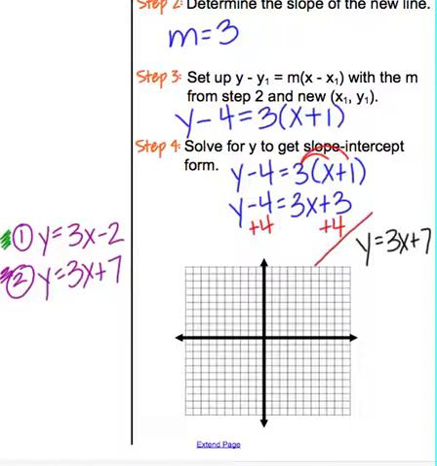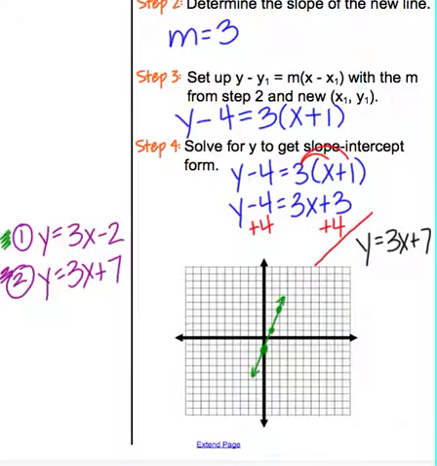So when I go to graph y = 3x - 2, we said b is -2. So I'm going to make a dot at -2. I'm going to move that dot up so it's accurate. And then it's a slope of 3, so that means we are going to go up 3 and over 1, and up 3 and over 1. And then finally connect our dots